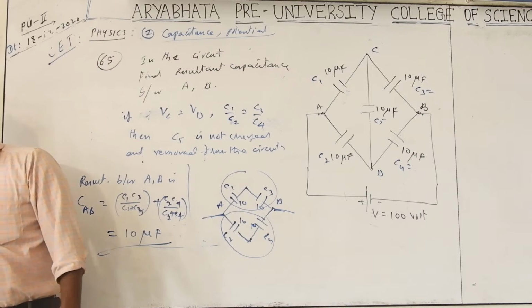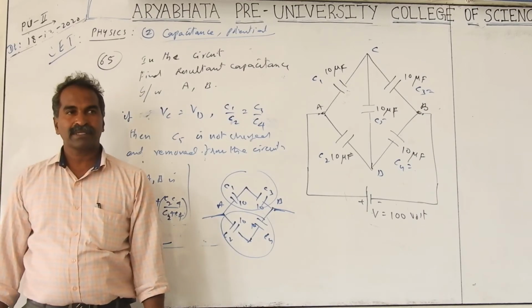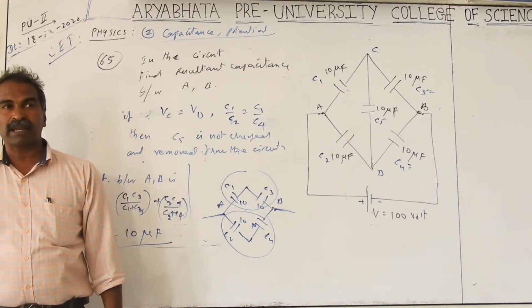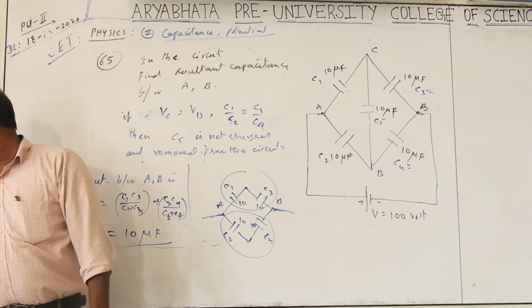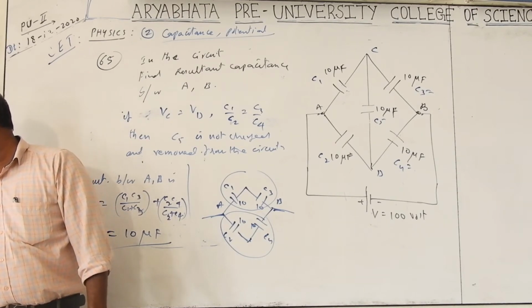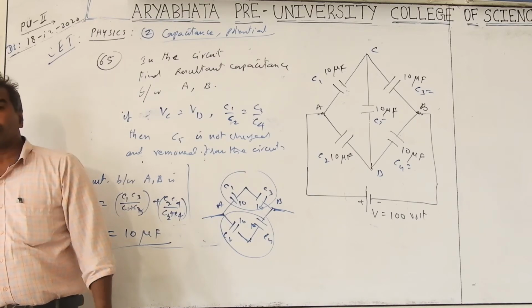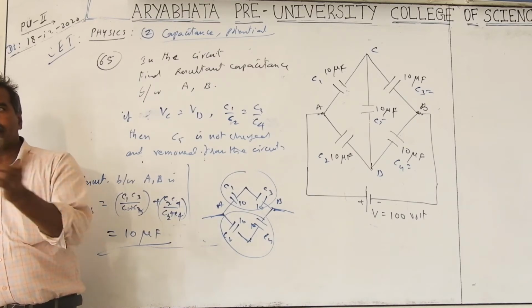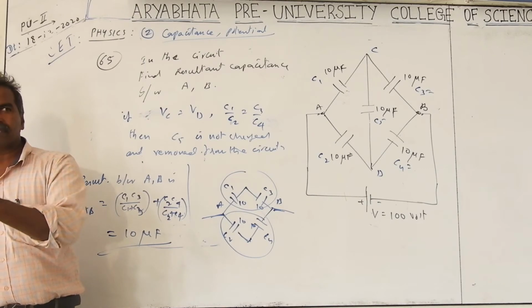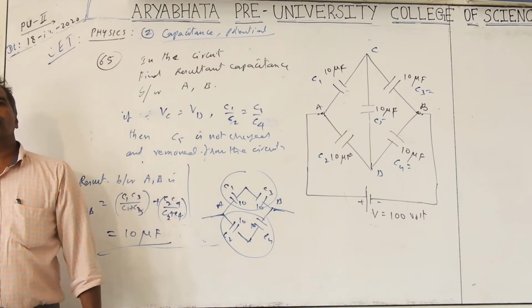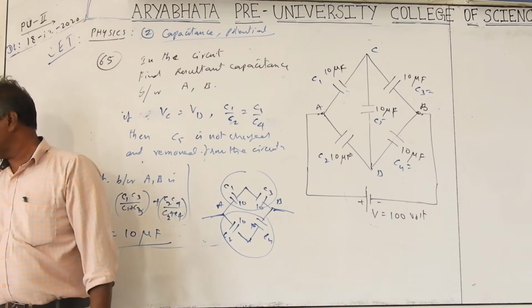Next, the 66th question is already done. That is a parallel capacitor, a gang capacitor, a multiple parallel capacitor. It is simply how many gaps there are; you check that the distances are equal, as given. So how many gaps are there? 1, 2, 3. Or if you take plates, the number of plates minus 1 is the number of gaps. Now if n plates are given, you take n minus 1 into epsilon naught A by D as the capacitance.